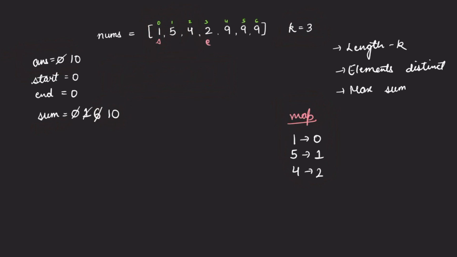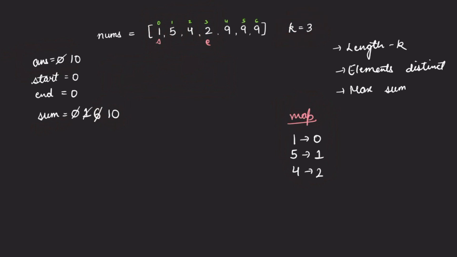Now when you move your end forward, again you will check, can we consider this element or not, right? 2 is not in the map. So that means 2 can be considered. Now when you have considered 2, you see that the size of the subarray has increased beyond k. The size of the subarray has become 4 now. So we should try to shrink our window now. We should try to move the start towards the right so that we can reduce the length of the subarray